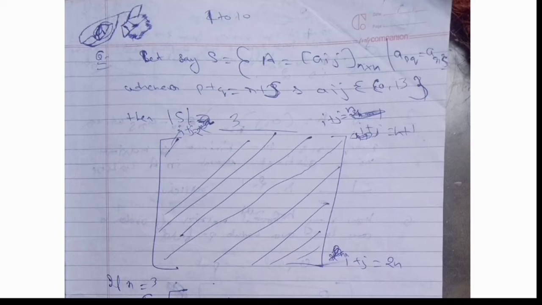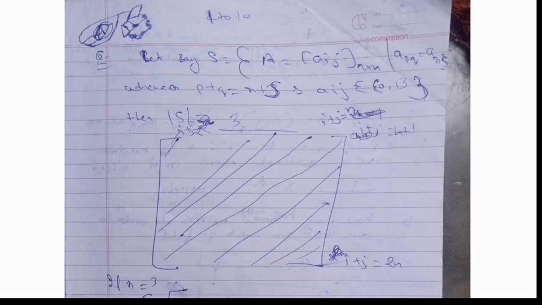Okay, we have two conditions. First, P plus Q is equal to R plus S. Second condition, A_ij can be 0 or 1, so we have only two choices, 0 or 1, for entries. We have the condition P plus Q equals R plus S such that A_PQ is equal to A_RS. This is simply indicating, you can check that matrix. I have told you to draw that matrix. You will see that only for non-principal diagonal